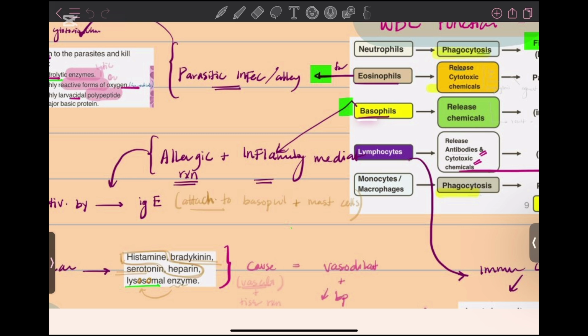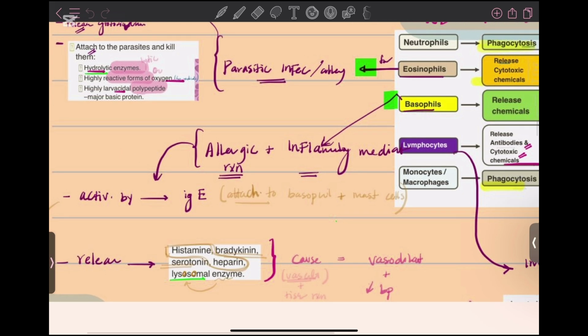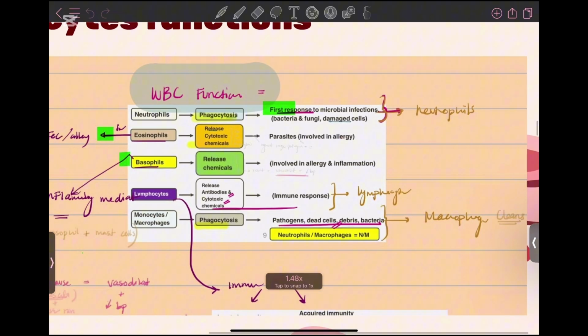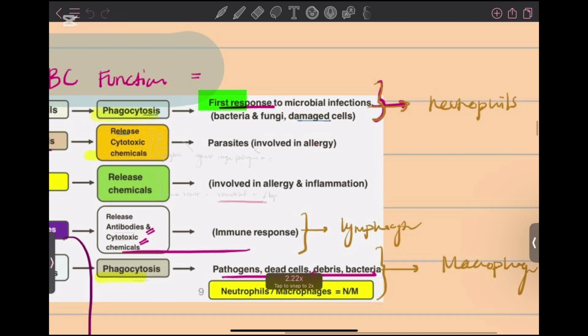It's an inflammatory mediator, therefore it's activated by IgEs when you have an allergy. And this release is mediated by histamines, heparin, bradykinin, and so on, serotonin. All of these cause vasodilation and a decrease in blood pressure. Okay. Now, whenever you have an infection, the first responders would be your neutrophils, and then secondary, you're going to